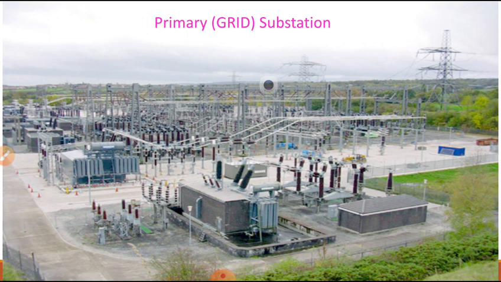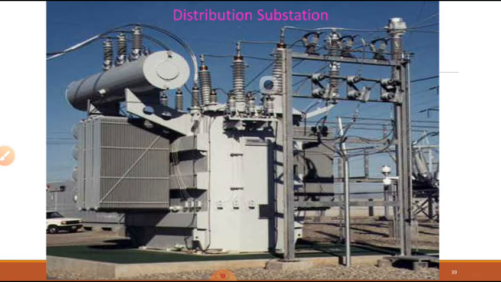Now you can see the grid substation, where grid is the power grid. It is connected to southern, northern, eastern and western regions. Total India is connected through the grid system. In the power grid system, you can see the primary grid substations. They have a number of input powers and a number of output powers, only in the grid. Now, the distribution substation: whatever energy comes in is distributed to the different nearby substations by reducing its voltage. So the name itself says distribute the power.